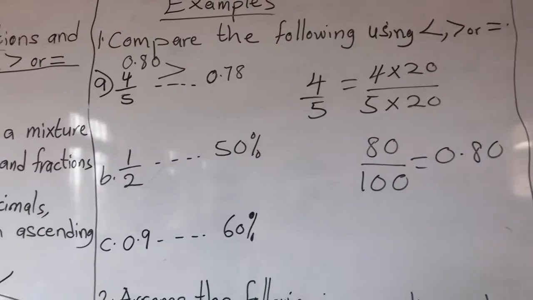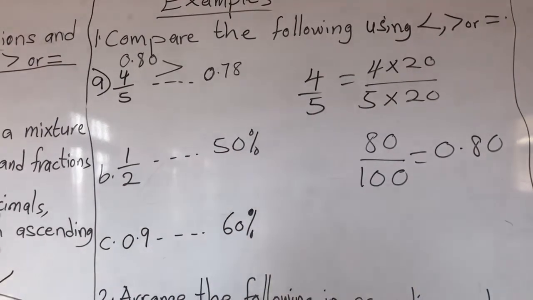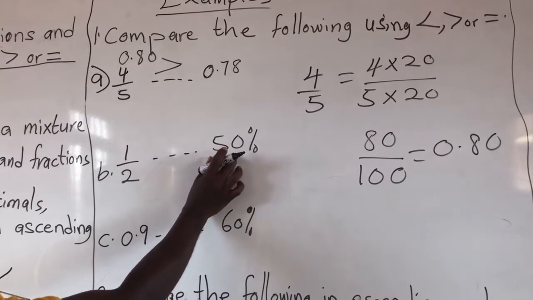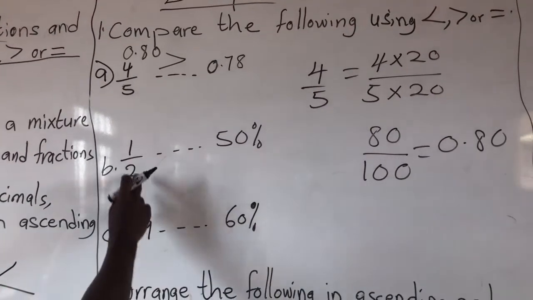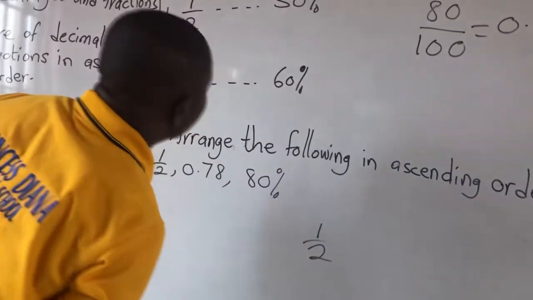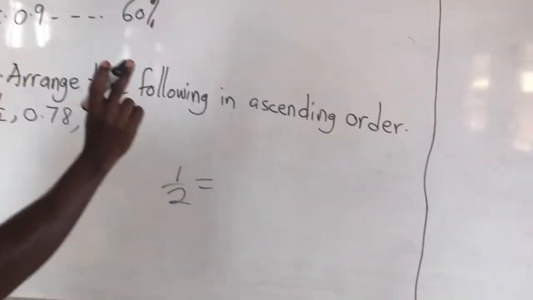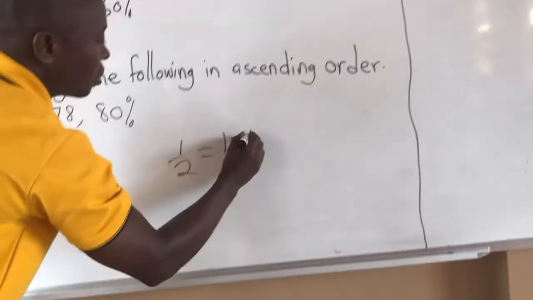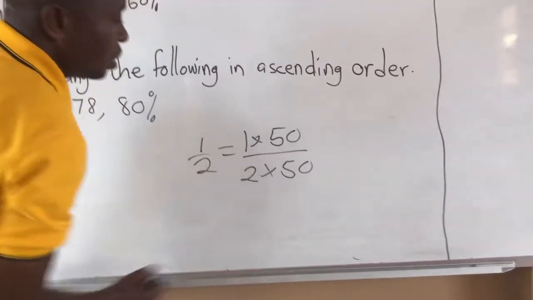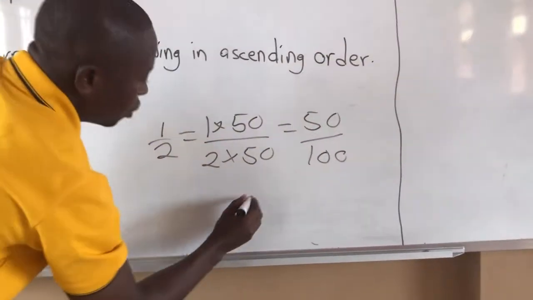And let's continue with our next example, which is 1/2 and 50%. In this case, we are changing it to percentage. So we are changing the fraction 1/2 to percentage. So we have 1/2. This will be equal to, look for a number that will multiply by the 2, give us 100, and that number is 50. So we have 1 times 50 all over 2 times 50. This will give us 50 over 100, which gives us